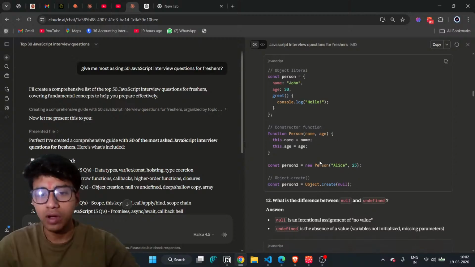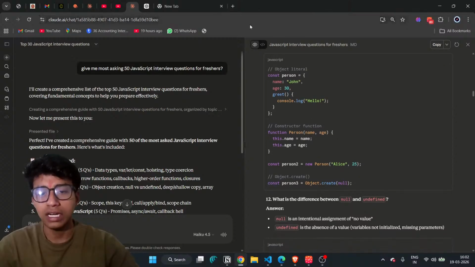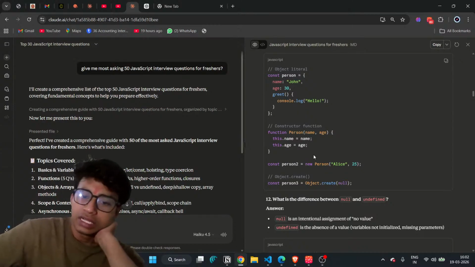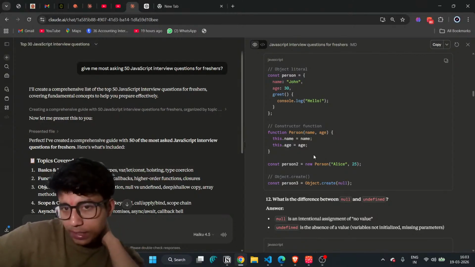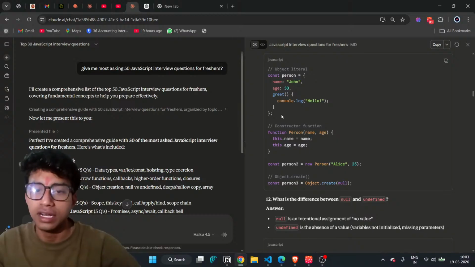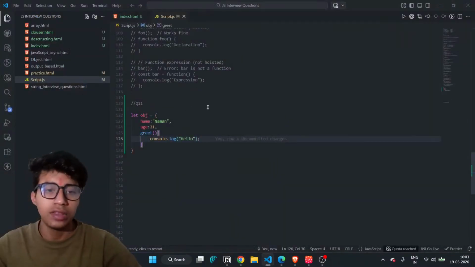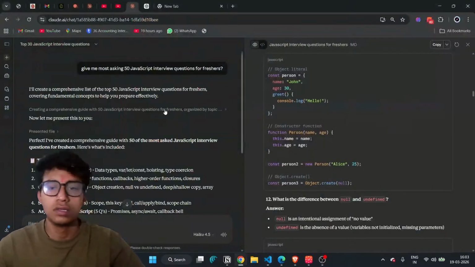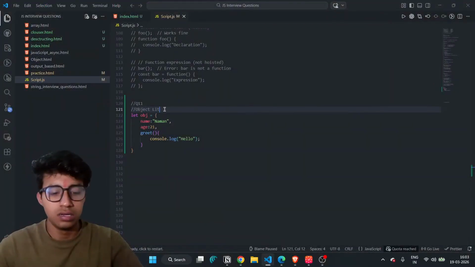And that will be taken from this object literal, and const person2 is equal to new Person Alice and 24, okay. So this is our object literal.